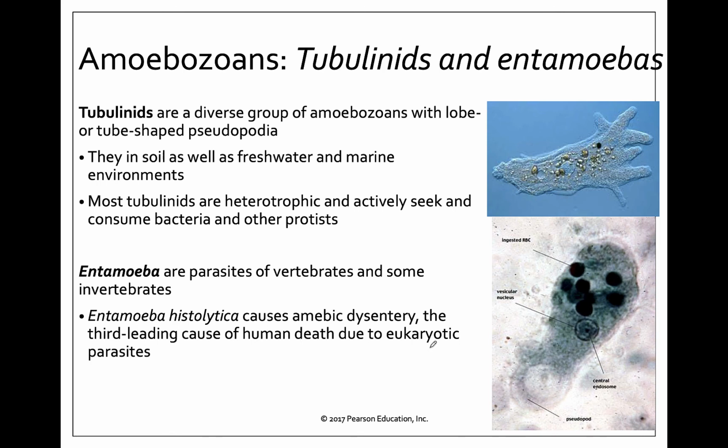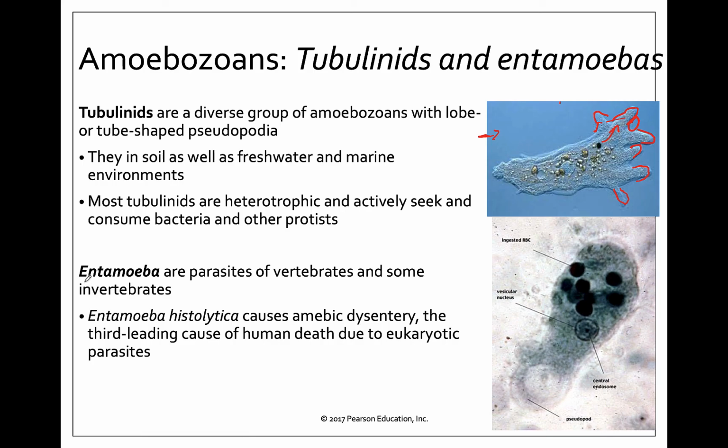The other groups in here, there are the tubulinids. So our tubulinids are right here. These are kind of our typical amoeba shape. So these are going to have these little tubular pseudopods, which is where they get the name tubulinid. And those pseudopods reach out, and then the cytoplasm can stream into those, and that's how it's going to move. These are going to actively move around. They eat bacteria and other protists. So here's my bacterial cell. They would then engulf that with their pseudopods, bring it into their cell, and then digest it.